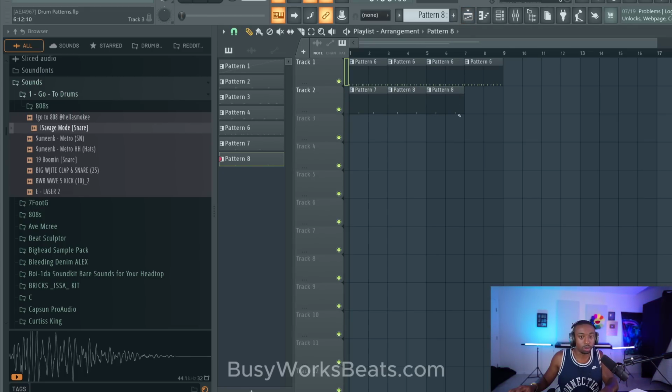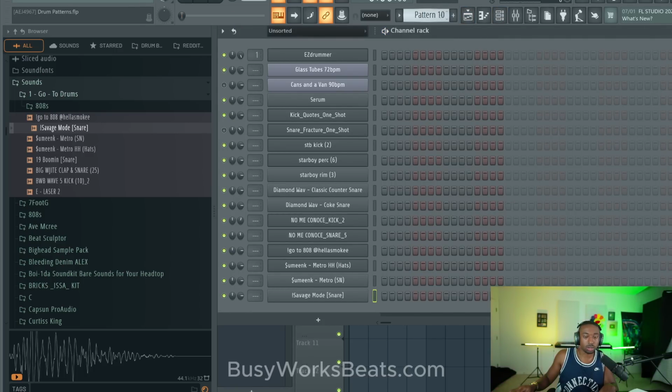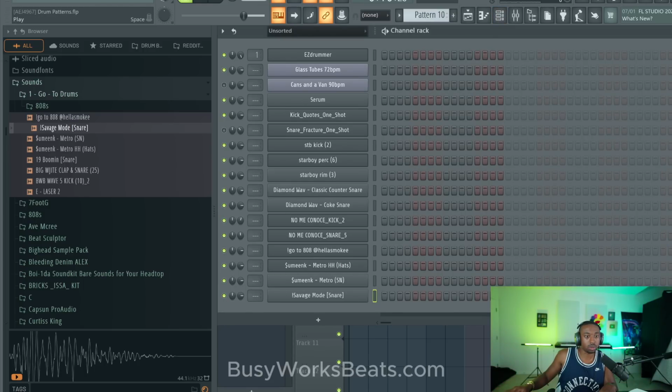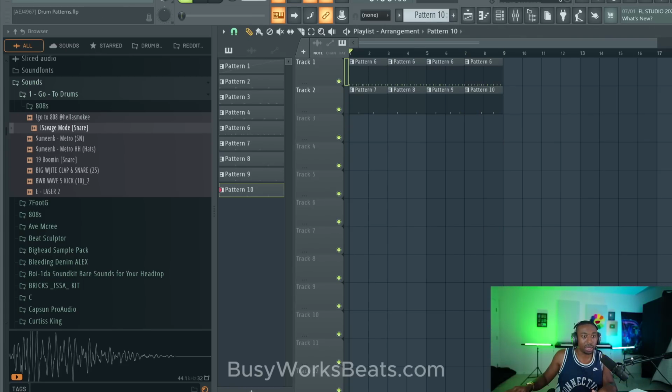And then we'll put the snare on the 3, 6, and the 8. So it's 1, 2, 3, 4, 5, 6, 7, 8, like that. And then we can just do something weird, like what they do in UK drill, they put the snare on the 4 and the 7. So it's like 1, 2, 3, 4, and 5, 6, 7, like that. So let's hear all these patterns, and they all mesh because